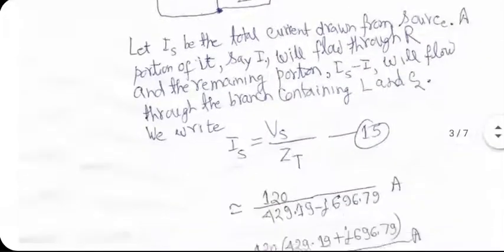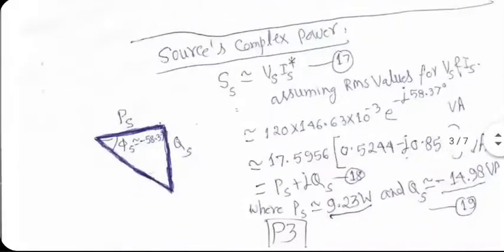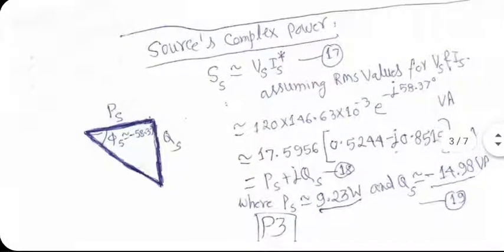But more important is the power scenario. How much power, how much complex power is the source delivering? One natural question we ask in power systems. That is defined as Vs multiplied by complex conjugate of Is, assuming that we are talking RMS values of Vs and Is. If these were peak values, I would have put 1/2 in the beginning of the right hand side.